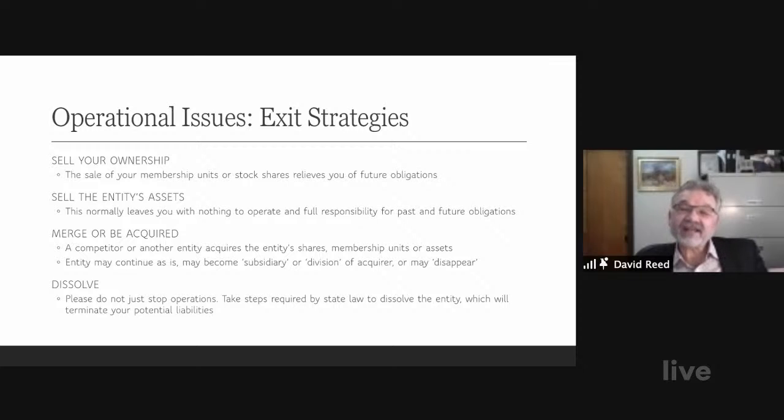You can sell the entity's assets. You've developed a huge following. You've got a wonderful client list, and you've got great inventory, but the purchaser doesn't want to own your company. They just want your client list. They want access to your clients. They'll buy those assets. They'll buy the inventory. They'll buy the work in process. You still own the shares. The company still exists. You still have obligations for that company, or you can go ahead and use that company